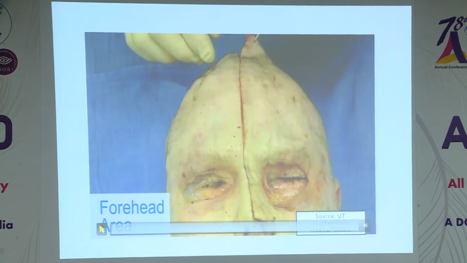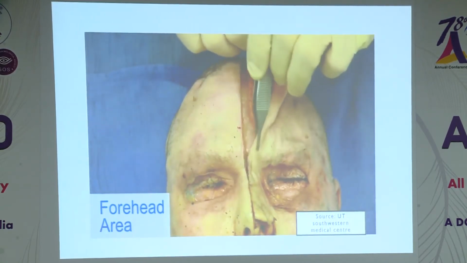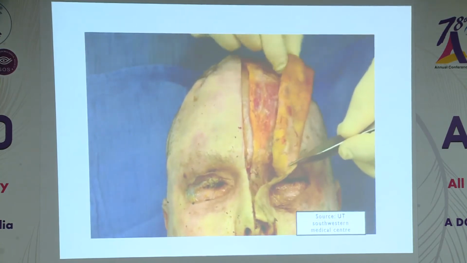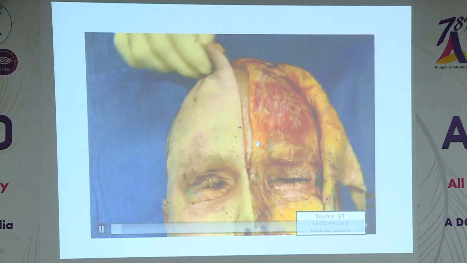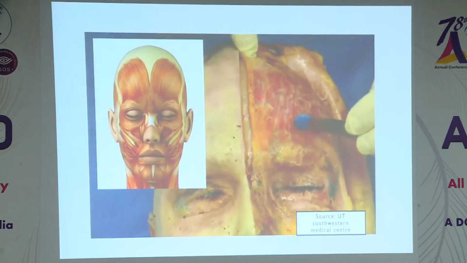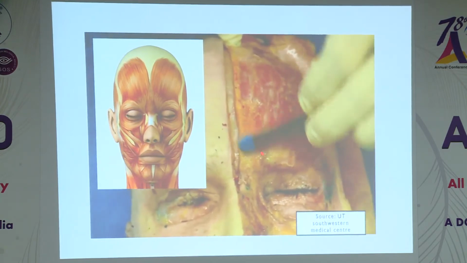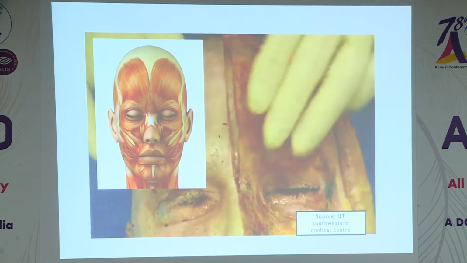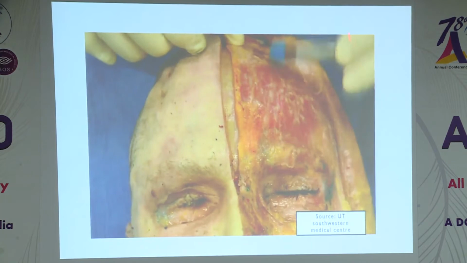So there are a few videos I'll be taking you through, starting from the upper face. As we dissect off the skin and subcutaneous tissue, the most important structure here is the frontalis muscle. This is the only elevator of the brow, and usually it might fan in a V-shaped pattern from medial to lateral. In this specimen it is not like this, and can have two parts also instead of one whole structure.